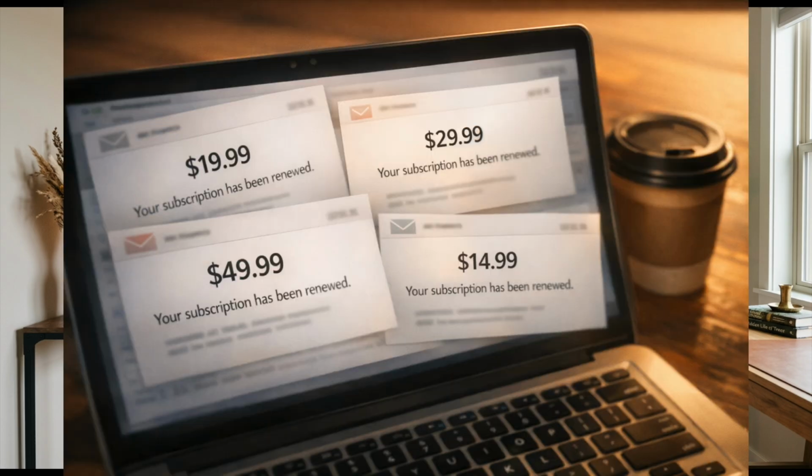The rest were free trials, things she was experimenting with, tools a colleague recommended, and 2 across the board were subscriptions she had totally forgotten about. Literally hundreds of dollars a month. And she wasn't even sure any of it was making her better at her job. I want to come back to her story later because it perfectly explains why understanding the categories of AI models